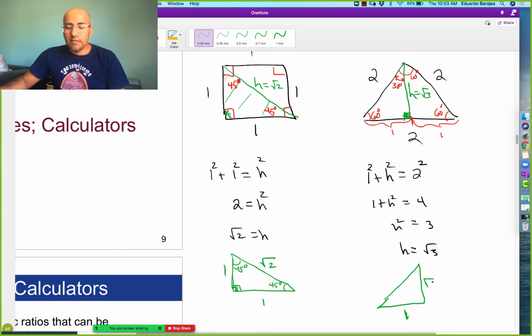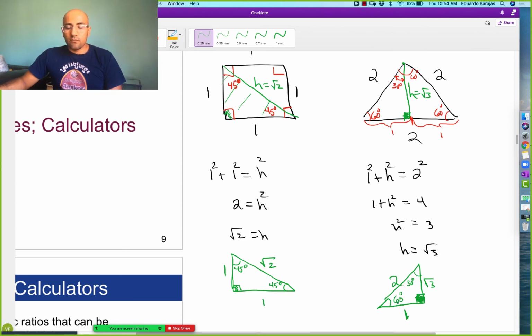This side is root 3, this angle is 60 degrees, and this side is 30 degrees. Right, so we can derive this triangle from this very basic shape. And from this very basic triangle, we can get all of the standard trigonometric functions that involve 30 degrees or